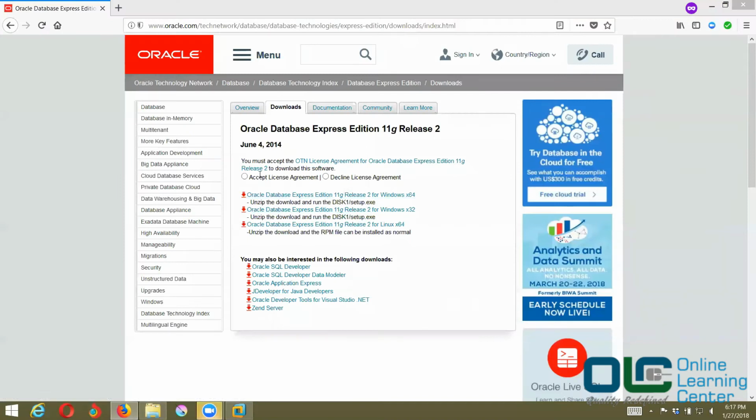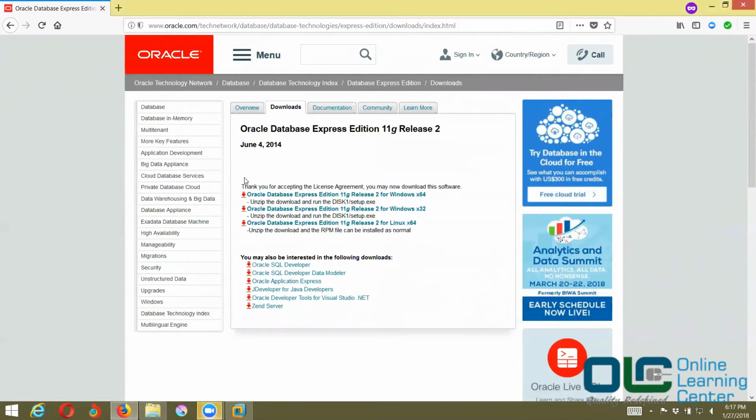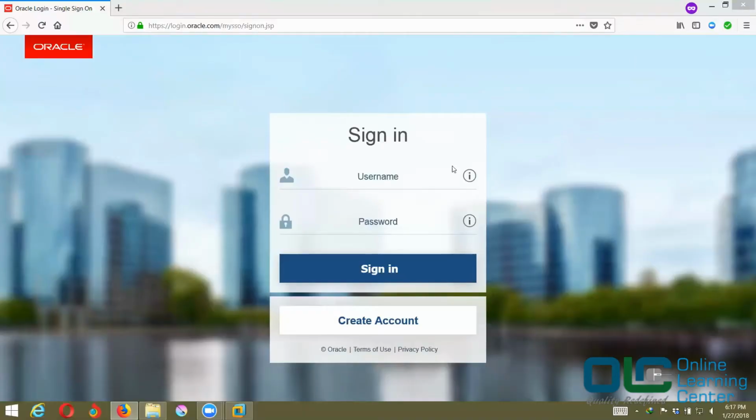Now from here what we will do is you accept the license, and then which one to choose depends on where you want to install, right? So if you have Windows 64-bit, click on this. It will ask you to enter your username and password.